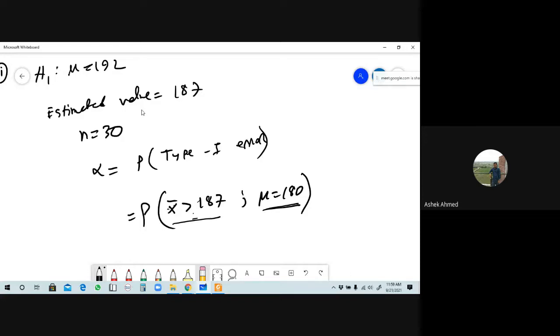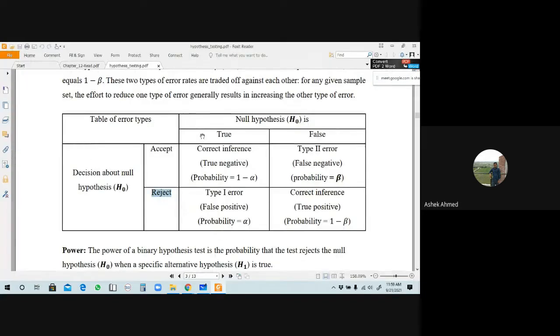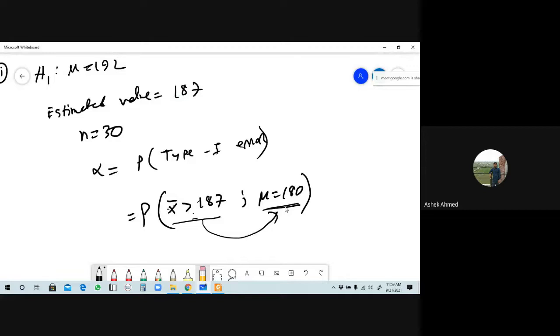আমাকে বলো দেখি x bar is greater than 187 যে ইনইকুয়ালিটি পাইছি, এই ইনইকুয়ালিটি কি 180 কে স্যাটিসফাই করে? This does not satisfy. কেন স্যাটিসফাই করে না? Our condition was H0 is true হওয়া সত্ত্বেও that will be rejected. So H0 is true মানে the value of H0 is here 180 থাকা সত্ত্বেও we have to define an inequality depending on the value of the estimated value. তাহলে ইনইকুয়ালিটি হচ্ছে x bar is greater than 187.